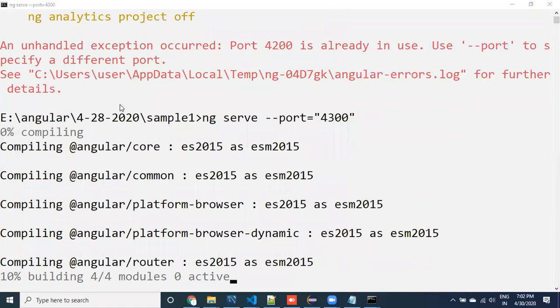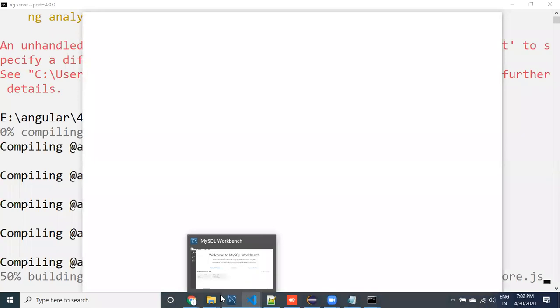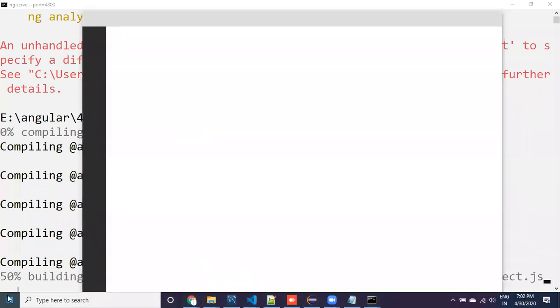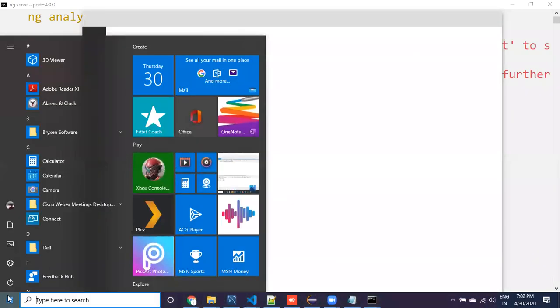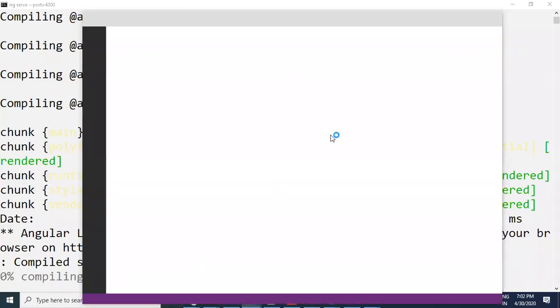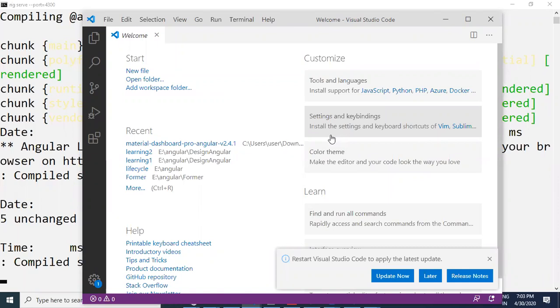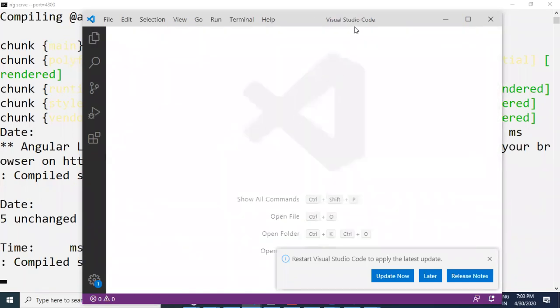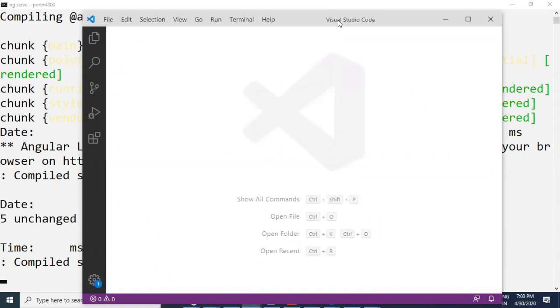See here, guys, Visual Studio Code is an editor, like Eclipse. For Java we are using Eclipse, right? For Angular, we are going to use Visual Studio Code. This Visual Studio Code makes it easy to develop Angular applications.